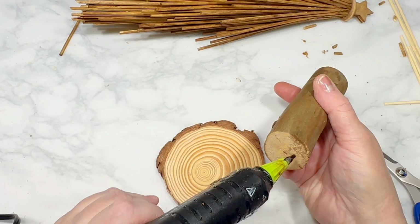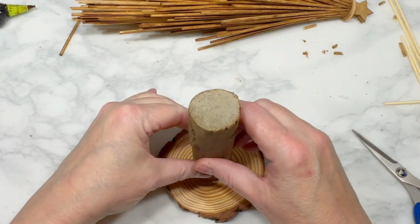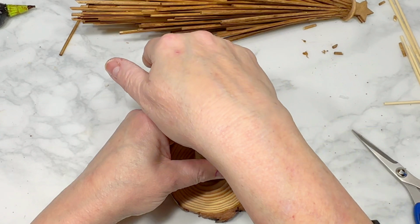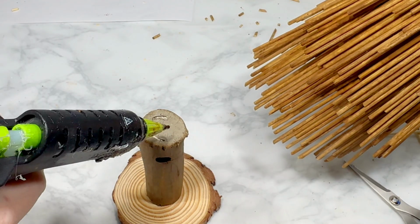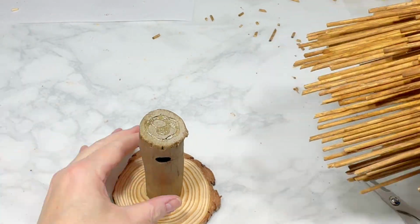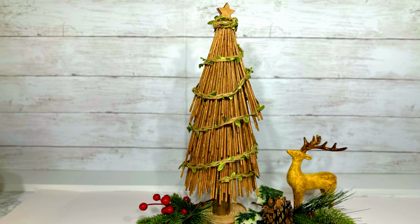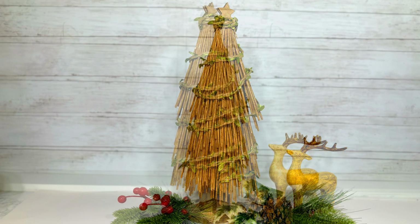Lastly, I had this tree slice, like the kind you can get at Dollar Tree, and a piece of a large branch, like the kind you can sometimes find in your backyard. I glued the branch to the tree slice and then glued my foam cone tree bottom to the top of the tree branch. And this is my bamboo skewer Christmas tree, and she's not perfect, but she is a cute